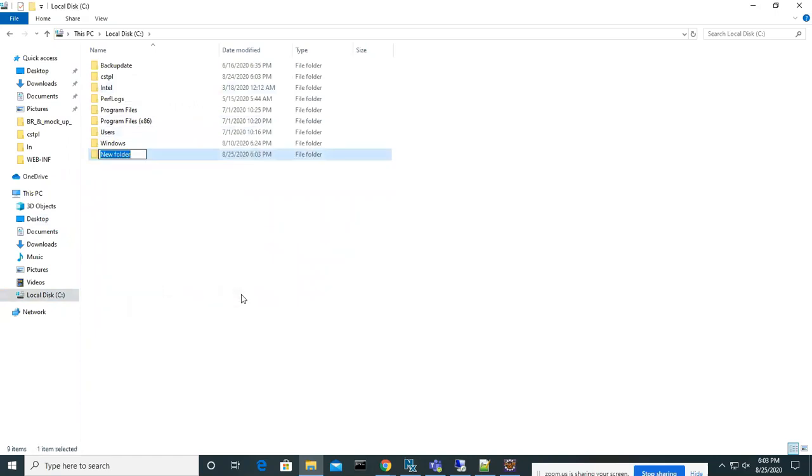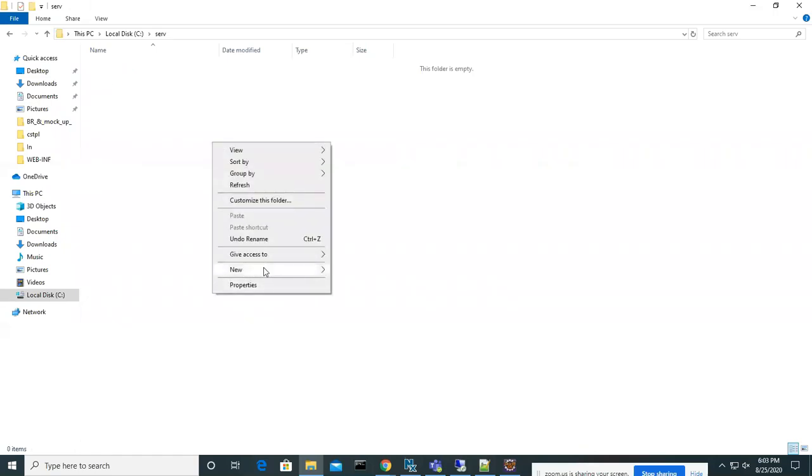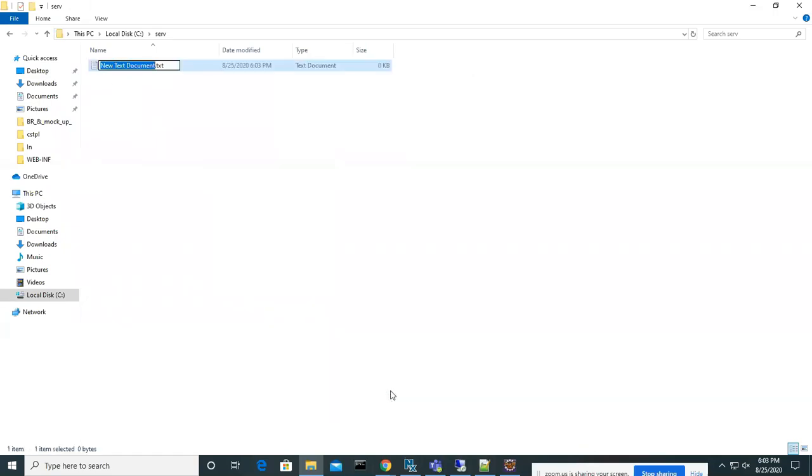So I'm just creating a servlet folder, and under that I'm going to create one simple class. I can call it demo servlet, or else welcome servlet. I will name the Java file welcome servlet. Let's go and see that. What is the class name? I gave welcome servlet. You can give any name, but always try to give meaningful names.